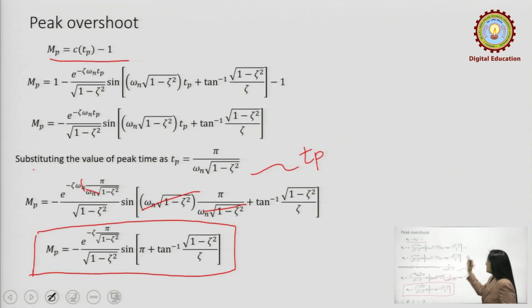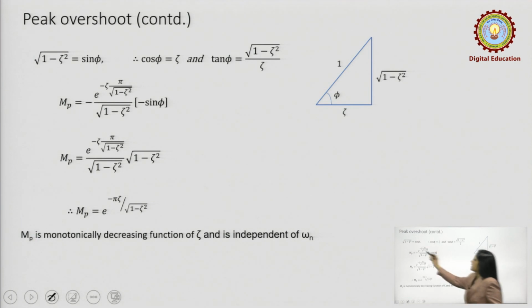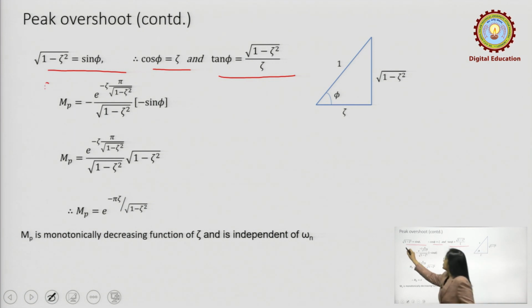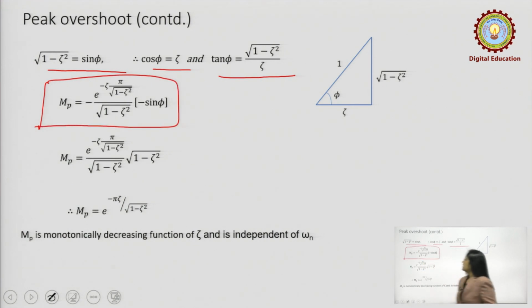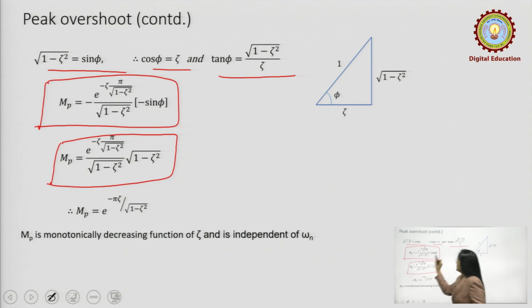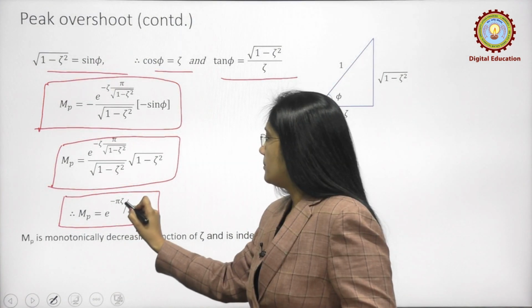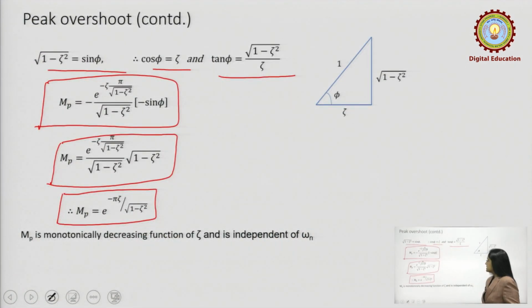Again substituting the terms, root of 1 minus zeta square as sin phi, cos phi as zeta and tan phi as root of 1 minus zeta square, we obtain the value of peak overshoot. So, maximum peak overshoot is equal to e raised to minus pi zeta upon root of 1 minus zeta square,